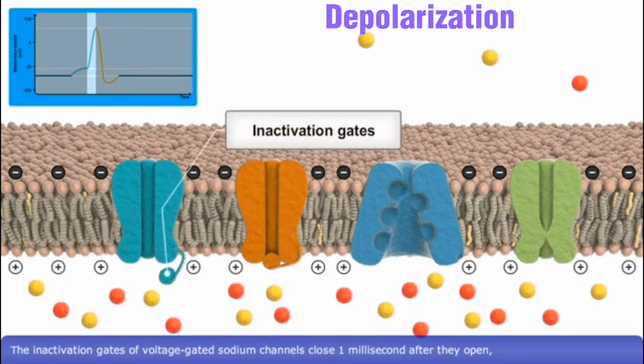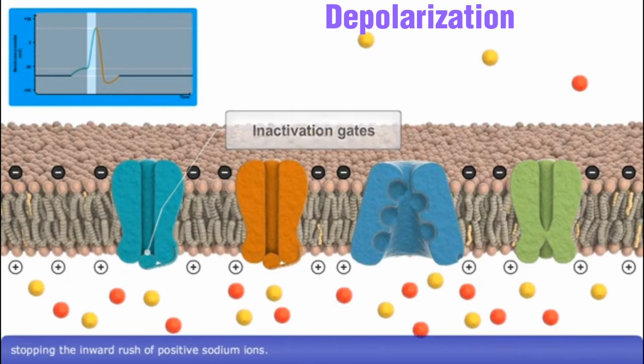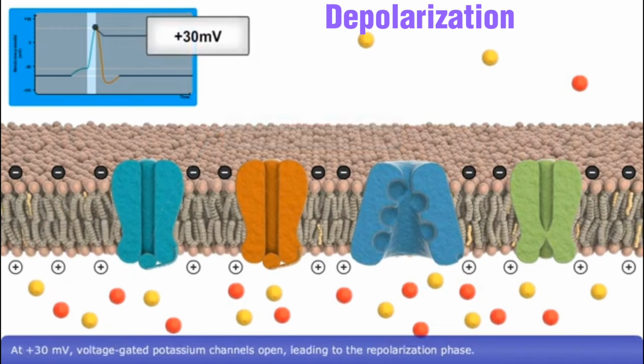When plus 30 millivolt is achieved, the sodium channels are closed. They close after 1 millisecond when they open. Their closure stops the inward movement of sodium ions, and now voltage gated potassium channels are opened, leading to the